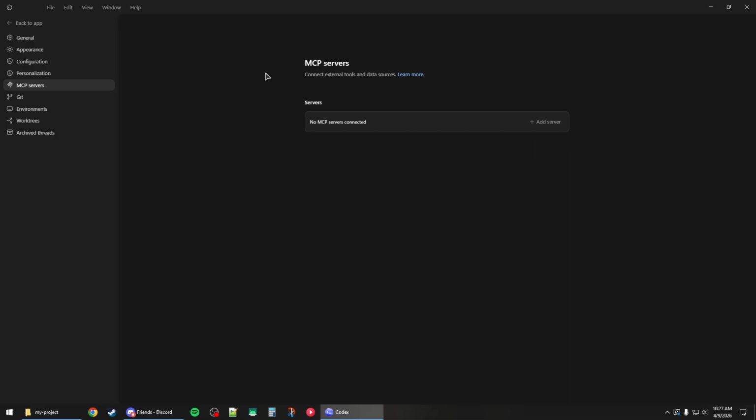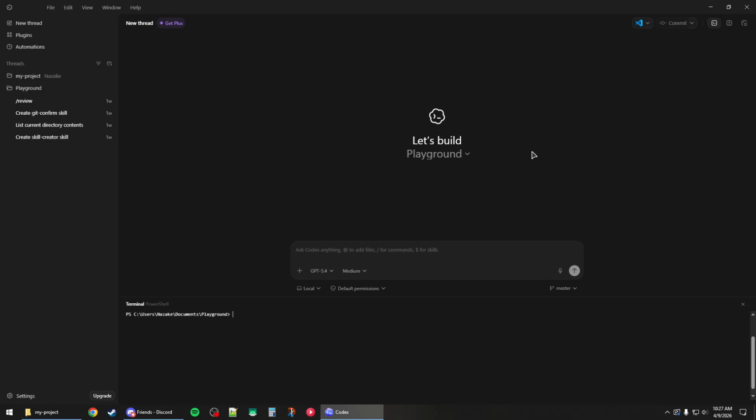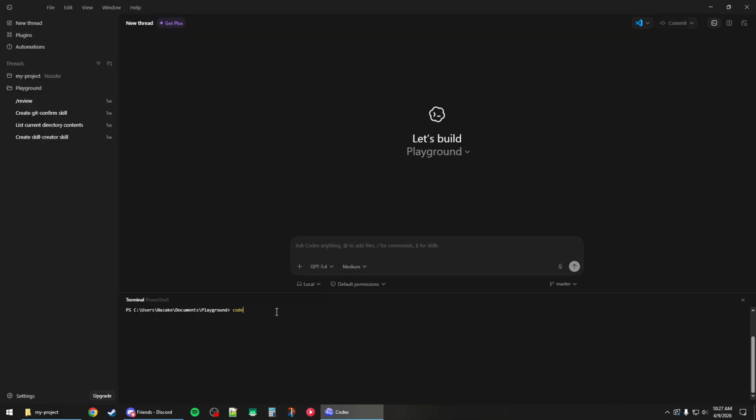You can also remove MCP servers or disable them from the command line tool or terminal by clicking on Toggle Terminal here. And then you want to type codex mcp remove, and then a space, and you should specify the MCP server name, for example test, and then press enter, and that should remove the MCP server if